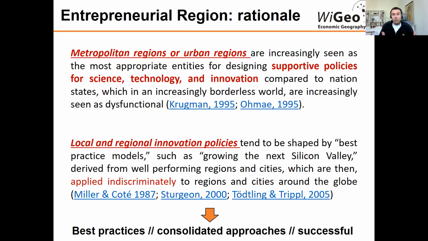When we are calling entrepreneurial region, the literature often refers to urban regions. So we have a core urban area, urbanized, densified, and the surrounding hinterland, in which housing and other economic activities are located. In some contexts these are formally constituted, so that is a regional government or a regional council, and in others